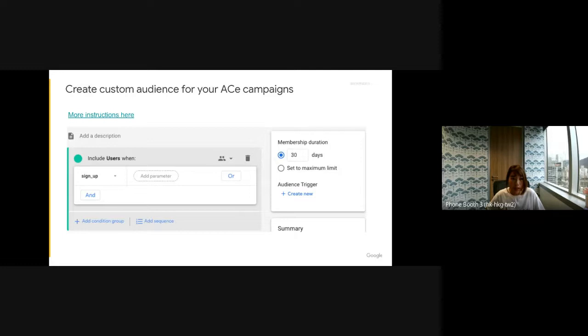So this is just an example where I want to target those who already signed up but maybe have not yet made a purchase. I can do that with several clicks on the GA4 UI. So that's it for the GA4 Firebase bidding. Let me know and leave a message if you have any questions about the setup.